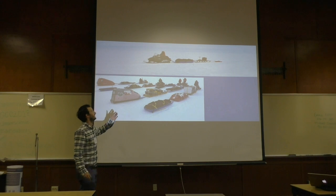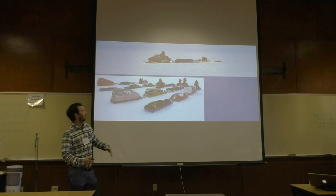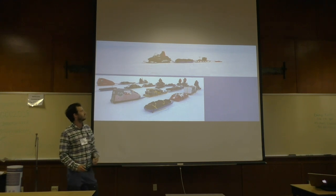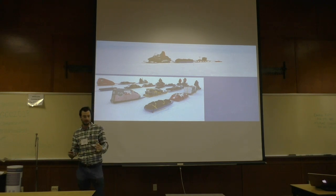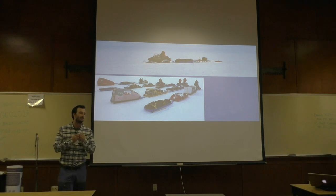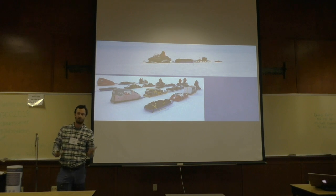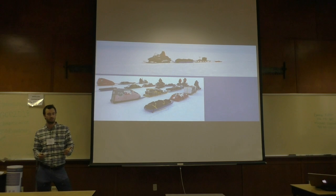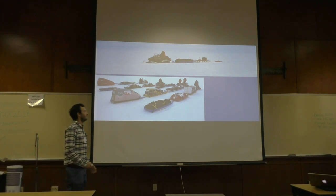On the top you can see maybe me, maybe Thomas, snowmobiling, dragging a blue sled of gear as well as a GPS, and in the little orange sled in the back there is a radar antenna. We're not electrical engineers, but you imagine an antenna, it sends out a ping, downwards mostly, and it bounces off of different layers in the snow, and then the electromagnetic signal bounces back to the antenna. Based on how strong that echolocation is, you can see different stuff in the ice. So here's an